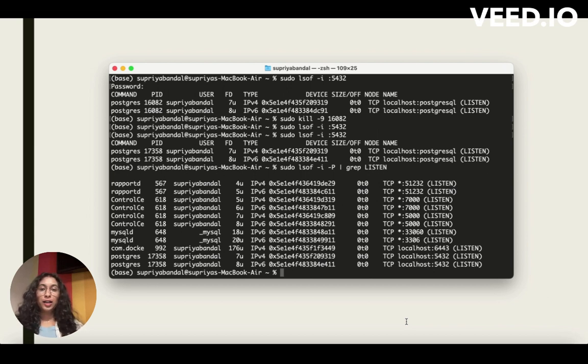So for that reason, it was not showing me simply using this sudo lsof -i and port number command. In terms of getting all the TCP connections on your server, on your machine, you have to pass this command in your terminal, and it will give you a list of all the TCP connections that are running. In my case, when I was using it,